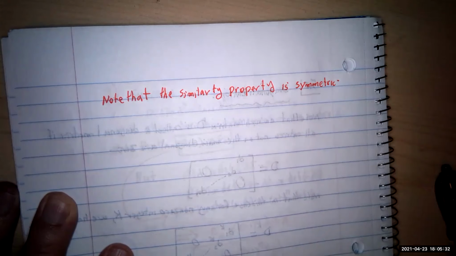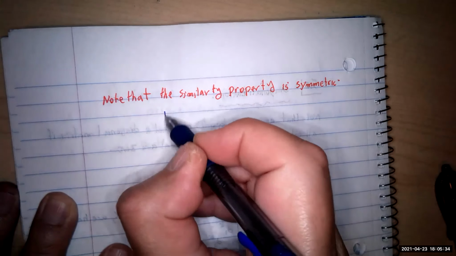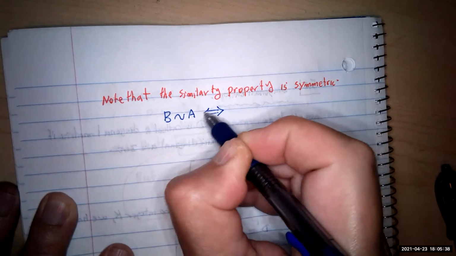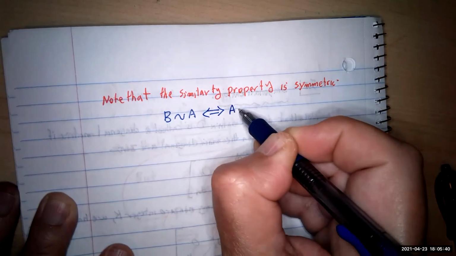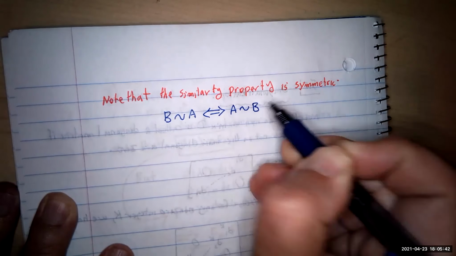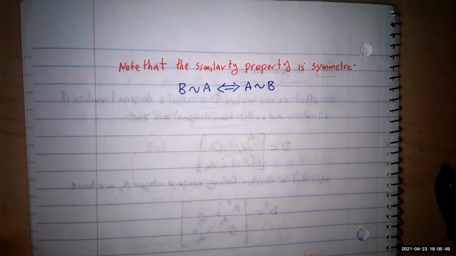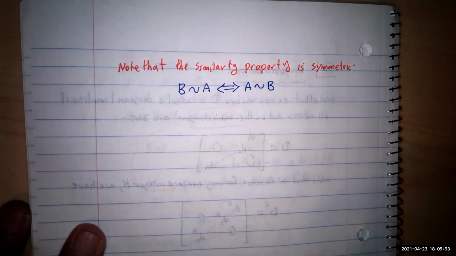Symmetric means B is similar to A if and only if A is similar to B. Okay, so you can use either one when you want to prove or to talk about it. And this is not difficult to prove, you see, because